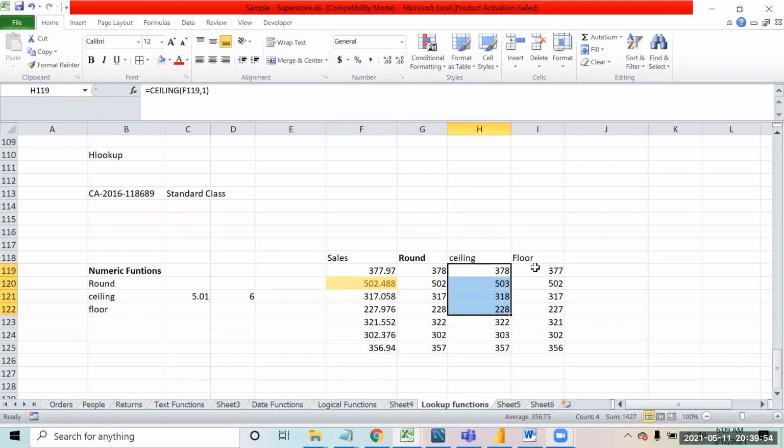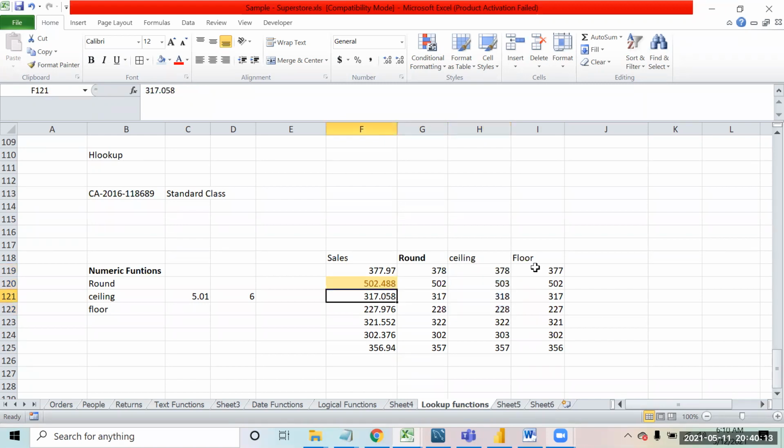Round and floor are somewhat similar, because if we give round with no decimal places, like 0, it will be the same output as floor. No, no. When you say 0, it applies the rules of mathematics.